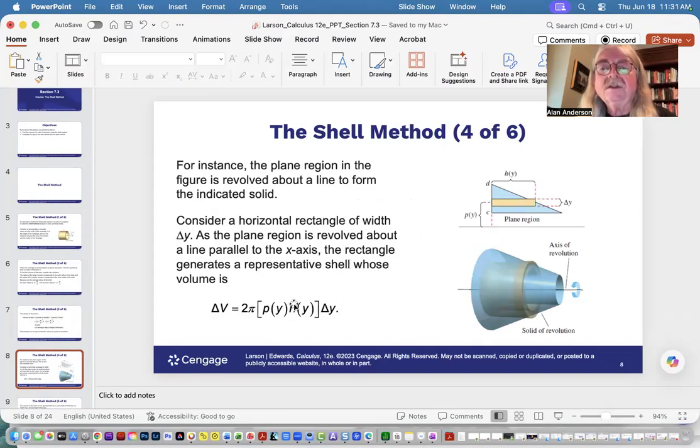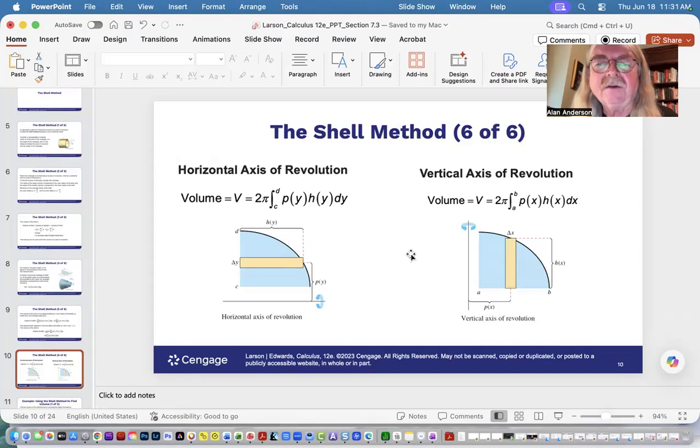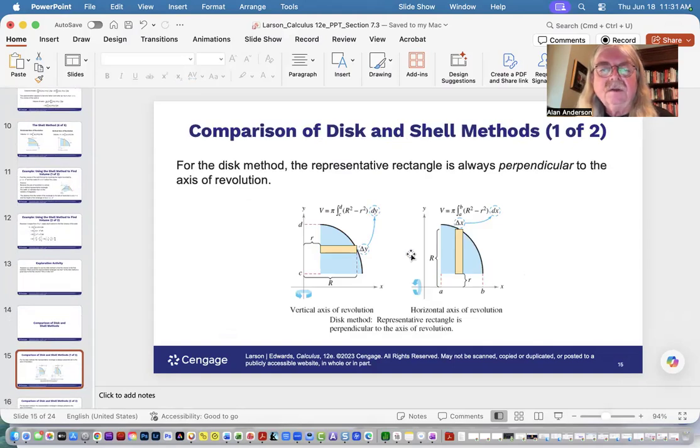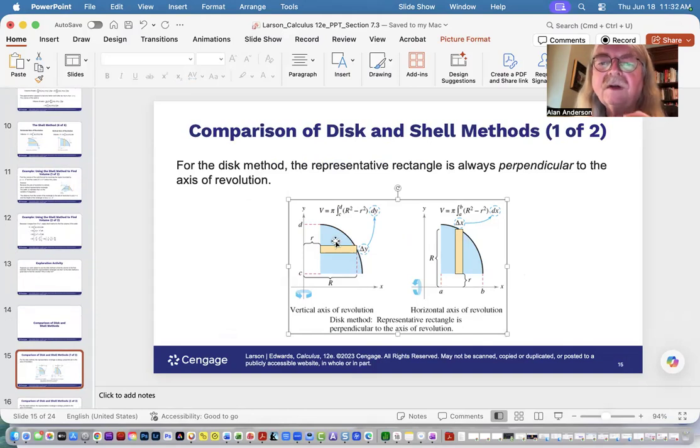Now whether we're using, as you recall, y or x depends on which axis we're rotating around. And the approach to that is different between disk and shell. In fact, there's a graphic here to remind you about this. Let's take a quick look at it. So with disk, the representative rectangle is perpendicular to the axis of revolution. So if this was the disk method, we'd have a horizontal representative rectangle and we rotate it around the x-axis. On the right, if we had the opposite, if we want to rotate around the vertical axis,